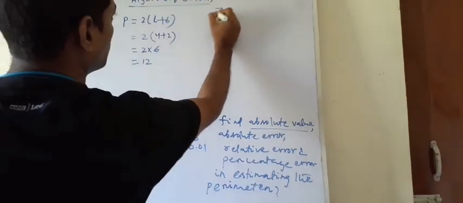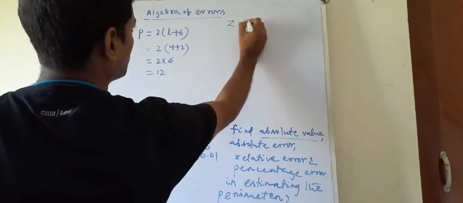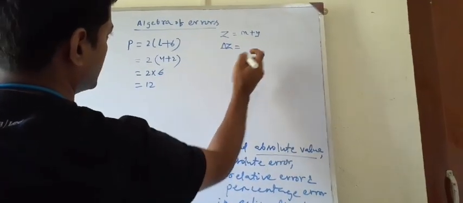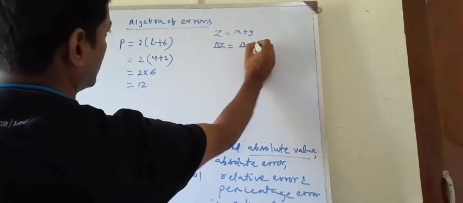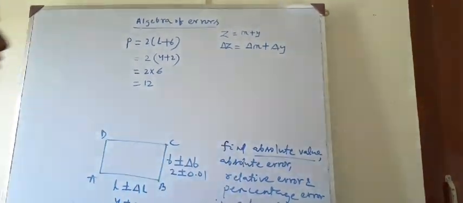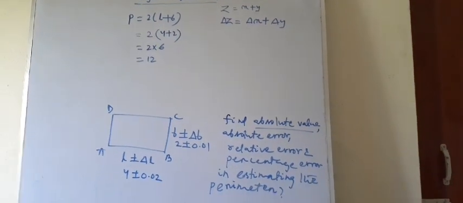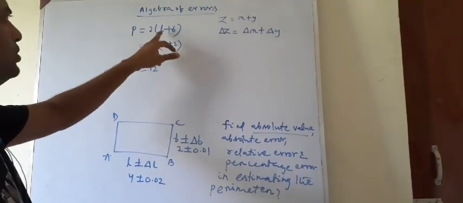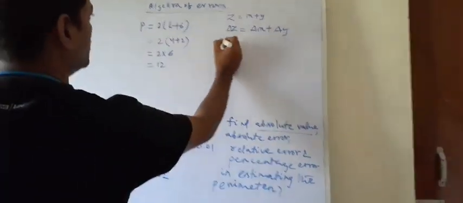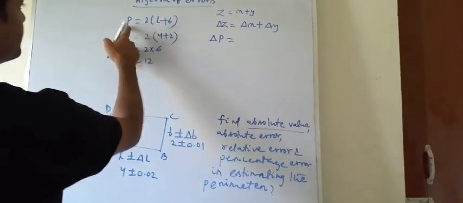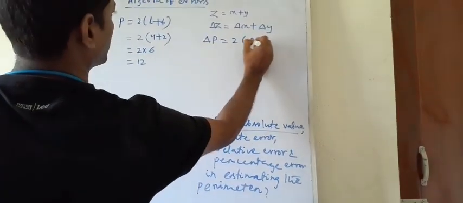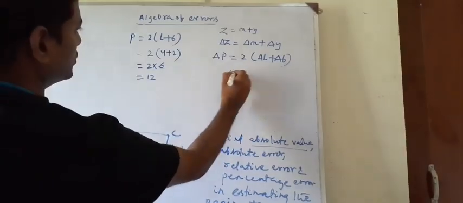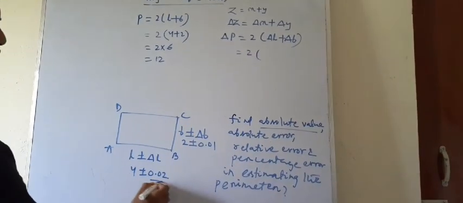Now I have already told you one formula. If z equals x plus y, then the absolute error in estimating z will be delta x plus delta y: the absolute error in estimating x plus the absolute error in estimating y. So here 2 is a constant, so no need to think of it. L plus B. So delta P will be 2 into delta L plus delta B. Direct. So 2 into, what is your delta L? Delta L is 0.02